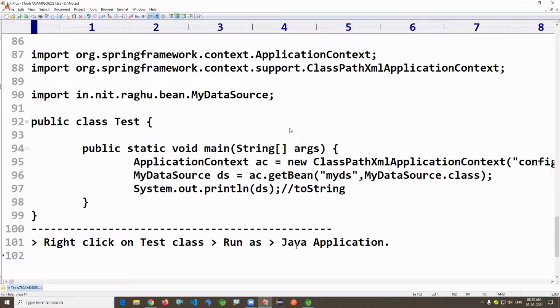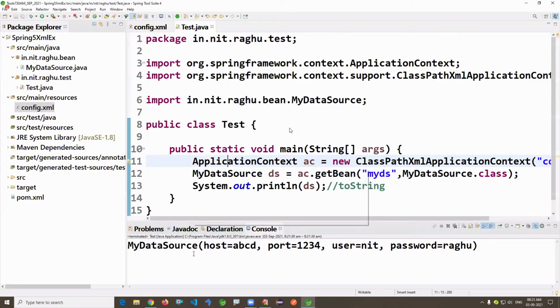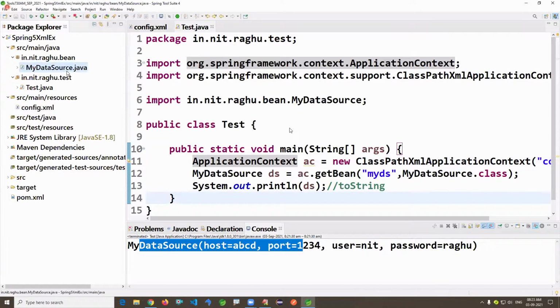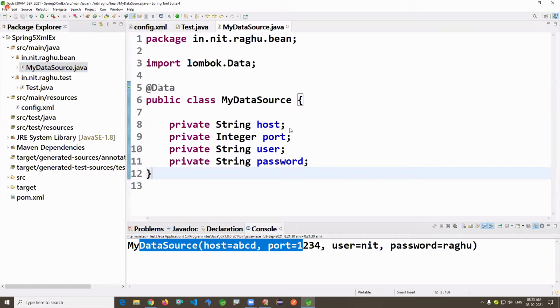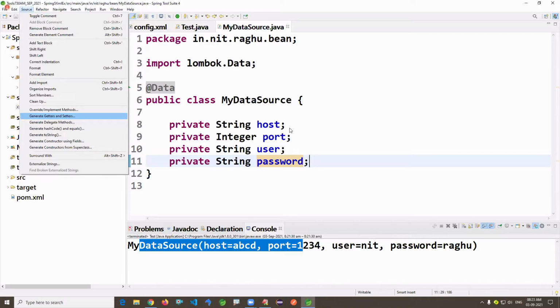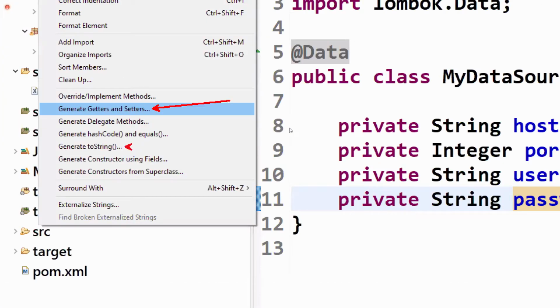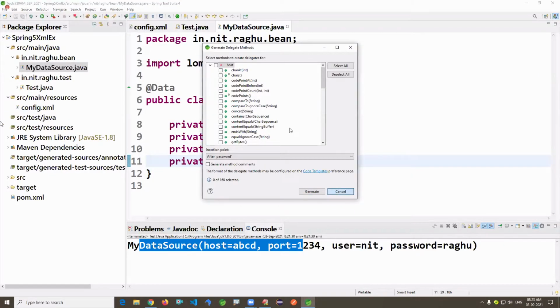See, you may sometimes see output in some toString format. That means your Lombok is not activated. Either you activate Lombok or else generate the setter and getter methods manually. Anything is okay. No sir, I don't want to use Lombok. Fine, you generate the setters, getters and toString method manually. Go to the Source menu, there you can use these options. If you don't want to use Lombok, these are the options. You can just follow that, that is also okay.